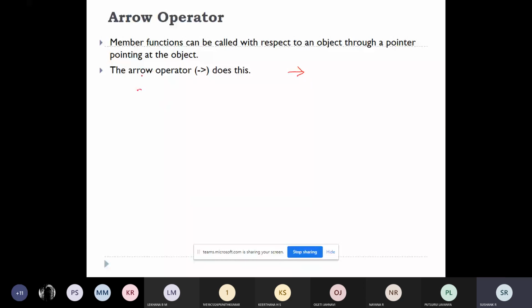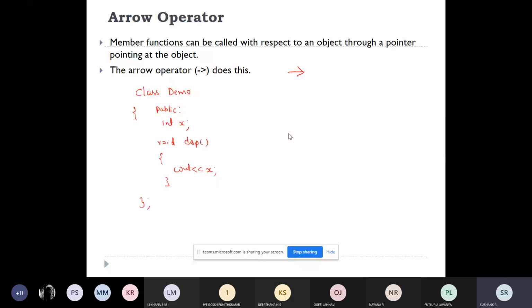For example, the same thing. There is one class called demo. For this class demo, we'll write some function x, then display. I want to call this display function.